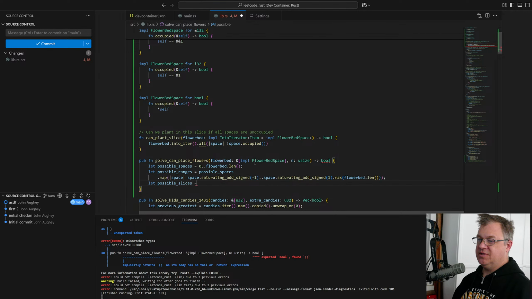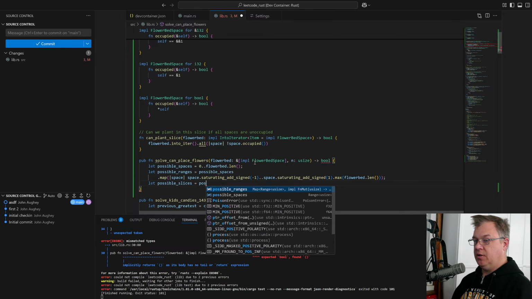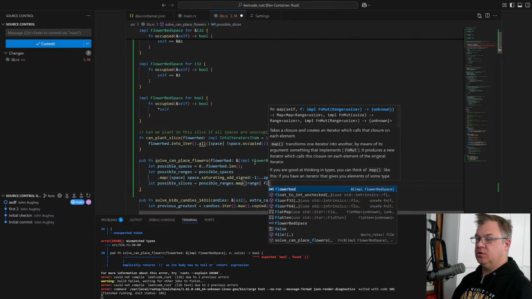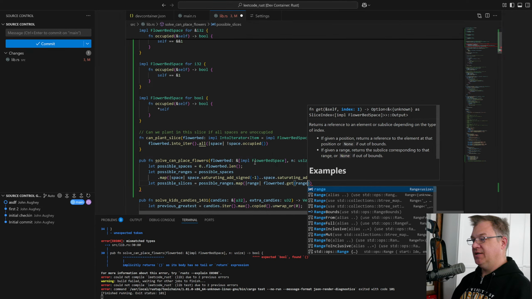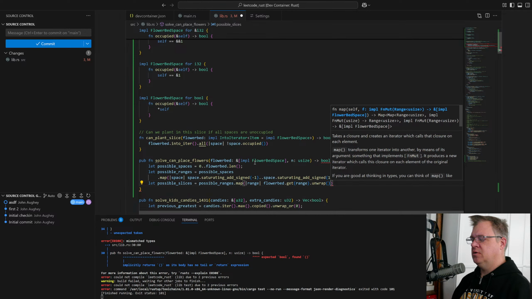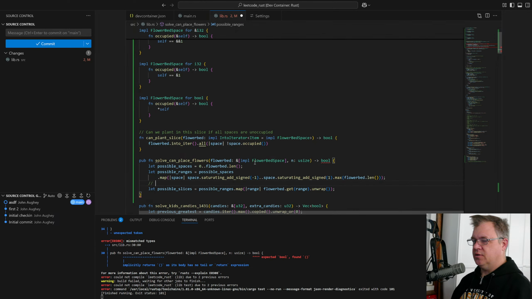Possible slices is going to be possible ranges, map range, flowerbed.get range, which is going to be an option, but I believe that they're all going to be valid because, yeah, unwrap is safe.